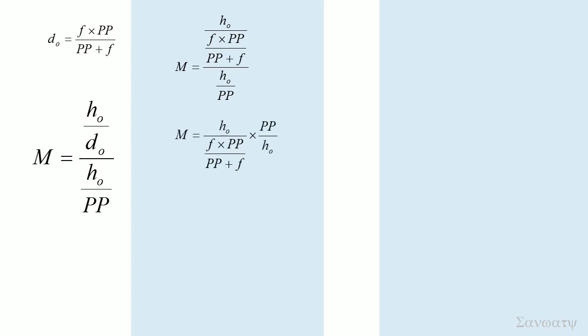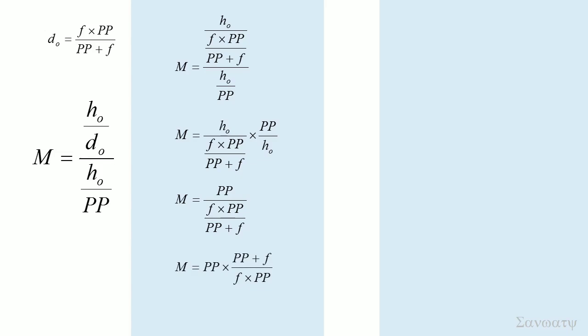Then it can be written as m equals ho divided by f times pp over pp plus f, times pp over ho, and we can eliminate ho and get pp over f times pp over pp plus f, and it can be written as